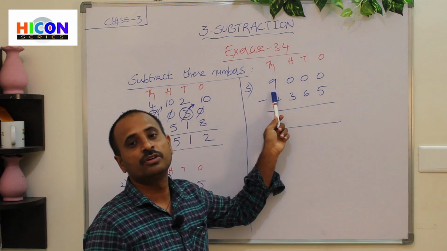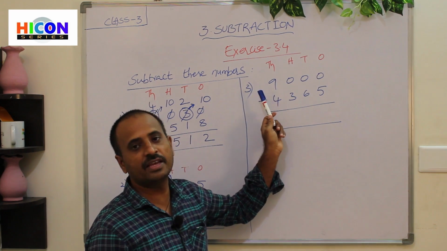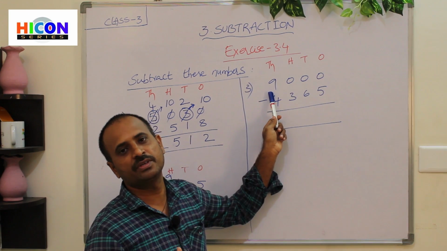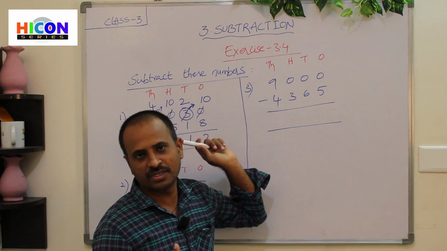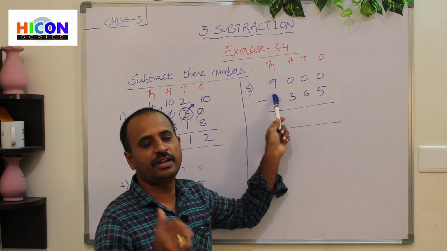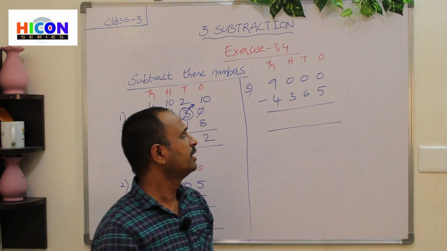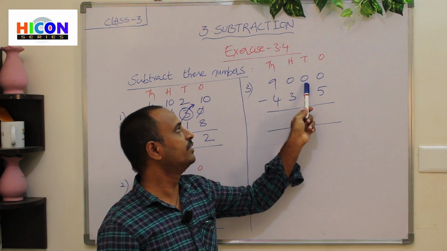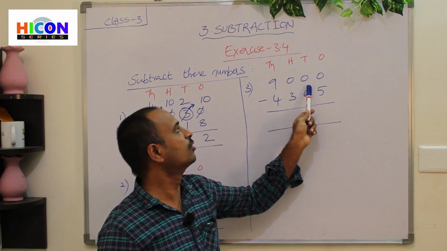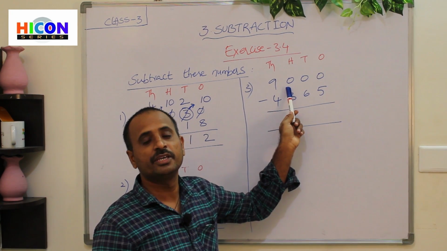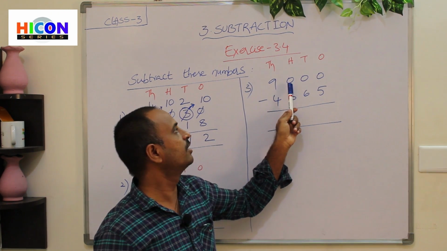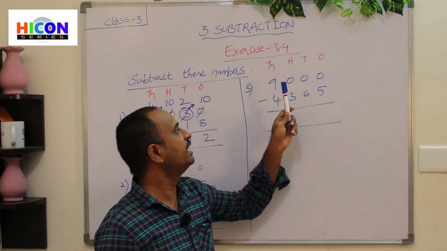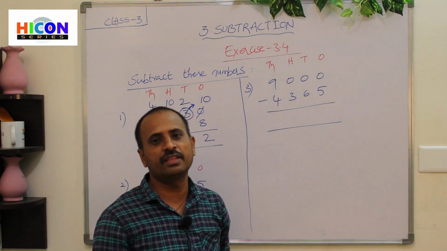What is its next place? Thousands place. How many thousands are there? 9 thousands. So now regroup its 9 thousands place. That means borrow from 9,000. So children, in this way, if 0 is in ones place, then go to tens place. If there is also 0 in the tens place, then go to the next place, that is hundreds place. If there is also 0 in hundreds place, then go to thousands place. So in this way, we have to continue the process until we get some number in the place.